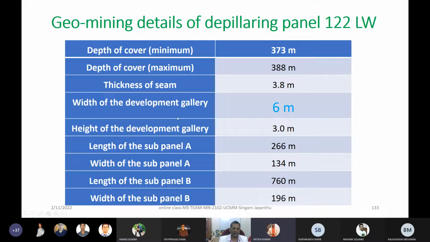How to do that? Now, the width of the development gallery is 6 meter. You may be surprised to see how the width can be more than 4.8. You must have got the answer, as I have already shown you how the coal mines regulations give some specific provisions, where we can take permission from the regional inspector, who is nothing but a director of mine safety. Of course, he also will give permission only through the chief inspectorate or through the DG, Director General of Mine Safety,